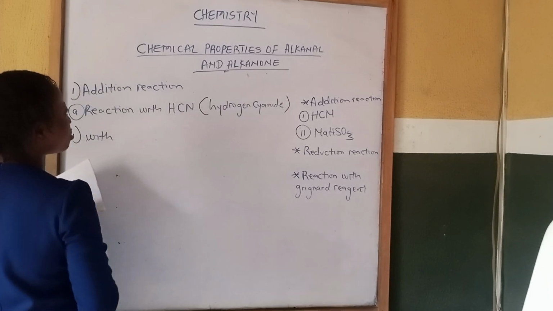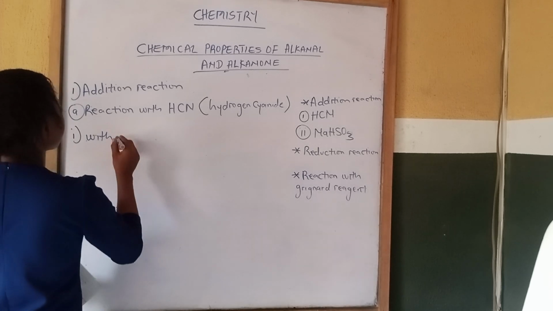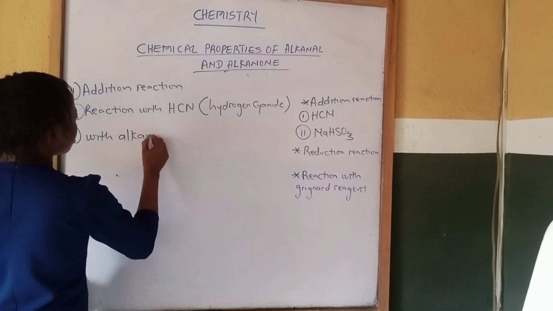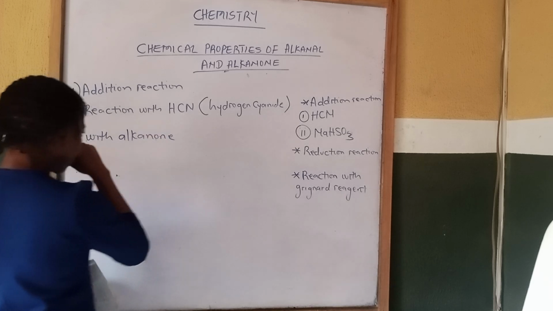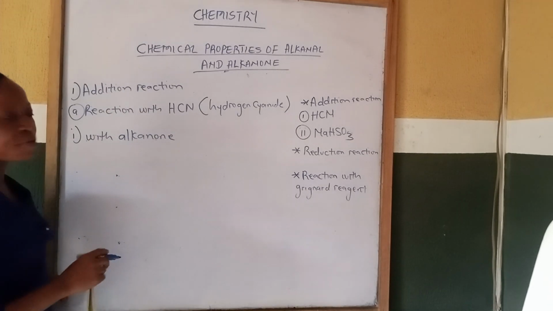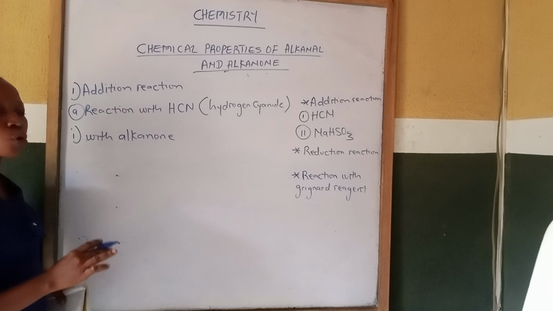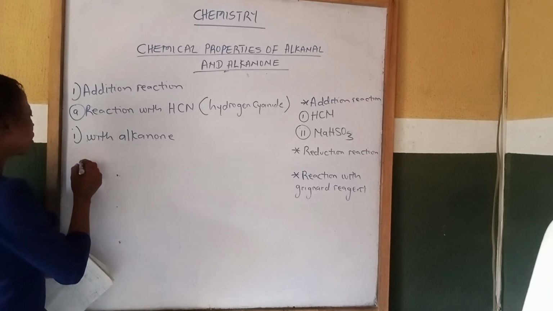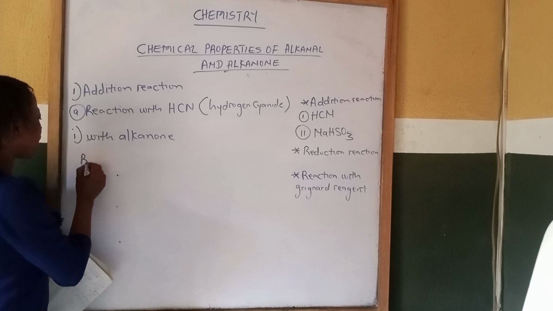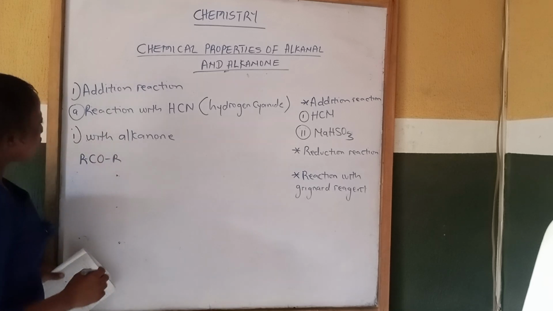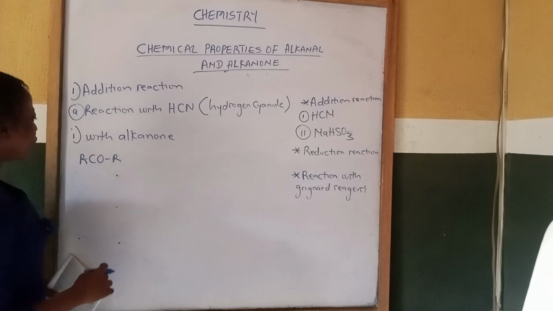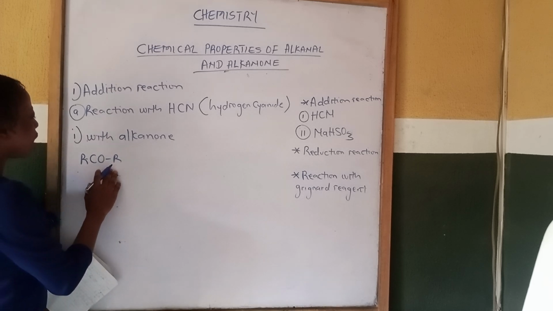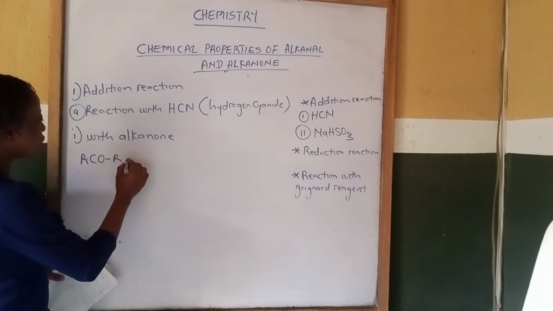Reaction with alkanone. Now let's use the general formula of alkanone first before we use the molecular formula of a member of alkanone. The general formula for alkanone is RCOR. If you want to write the structural formula for this RCOR, you want to react it